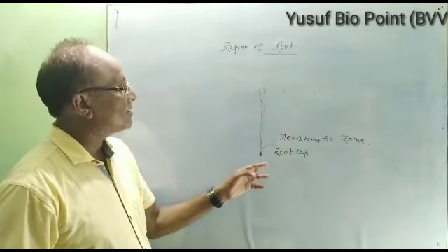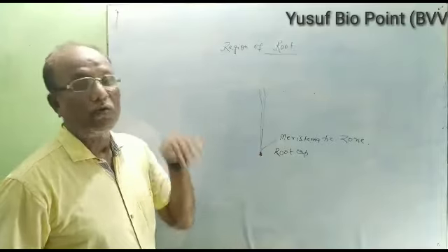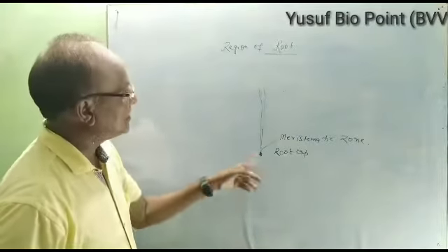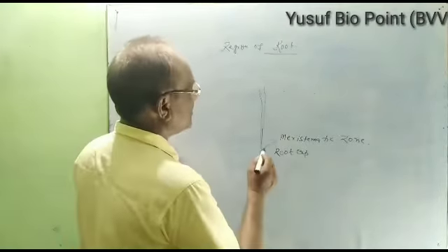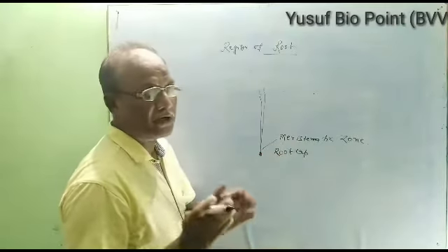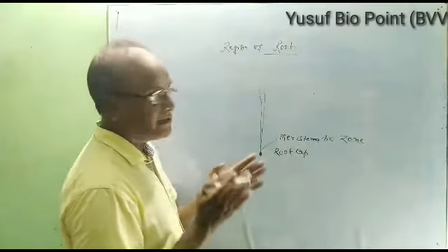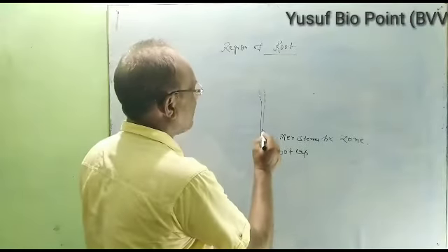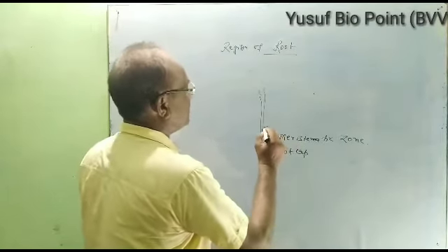Due to the divisions the root cap goes inside the soil, and as the meristematic zone divides, these parts start to increase, and the part just upward is called